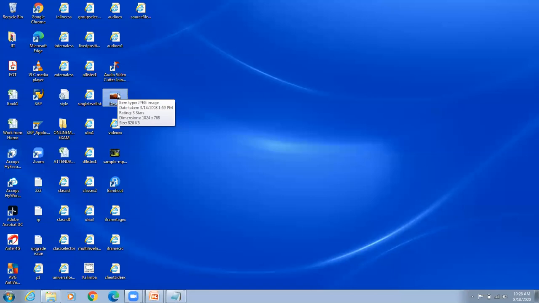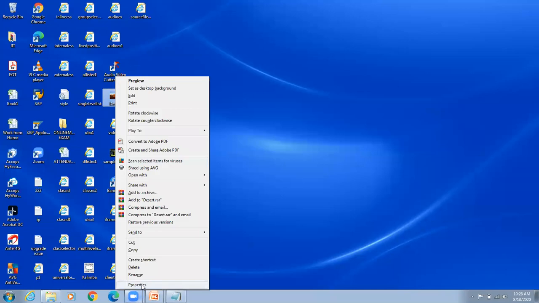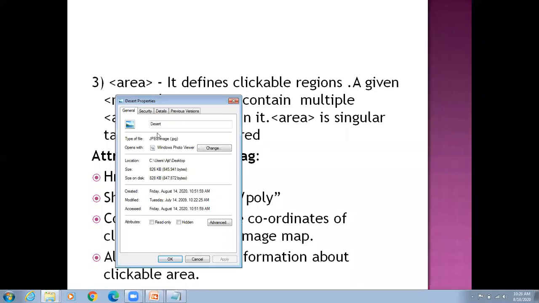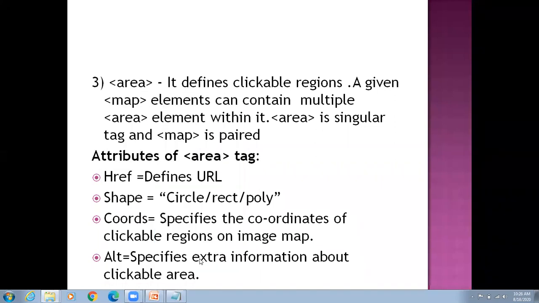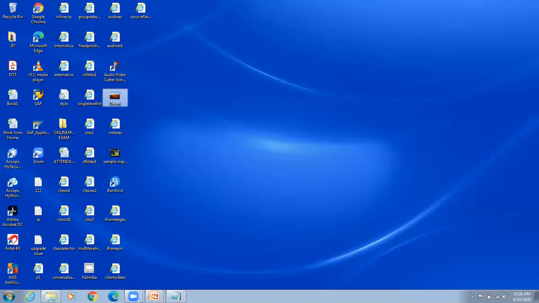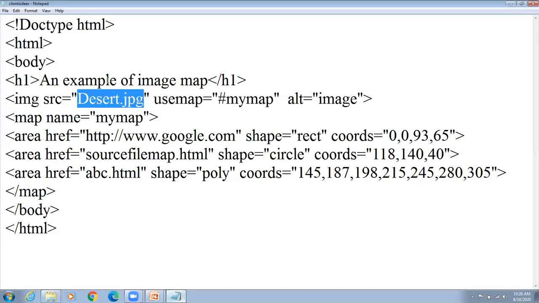So the extension you will write as .jpg. See here, you have to copy the name from properties, and see here the type of file is .jpg. So we have to put the extension .jpg like this. Okay. So here it is desert.jpg.